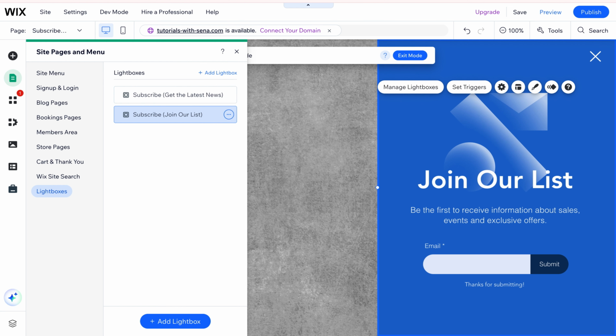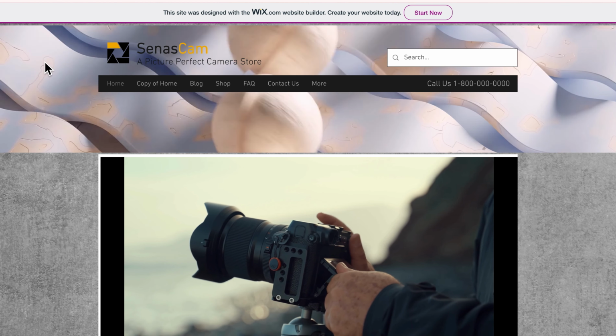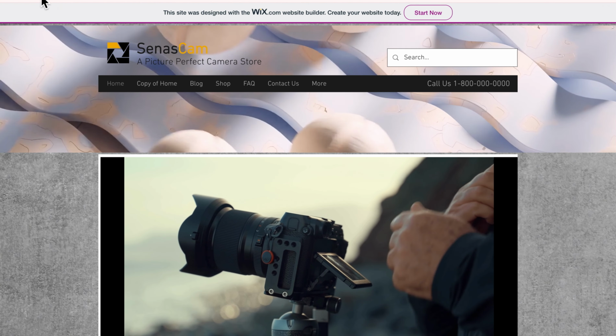And then after that, don't forget to click on publish so people will see the lightbox when they visit your website. For example, right here, when I refresh my website,